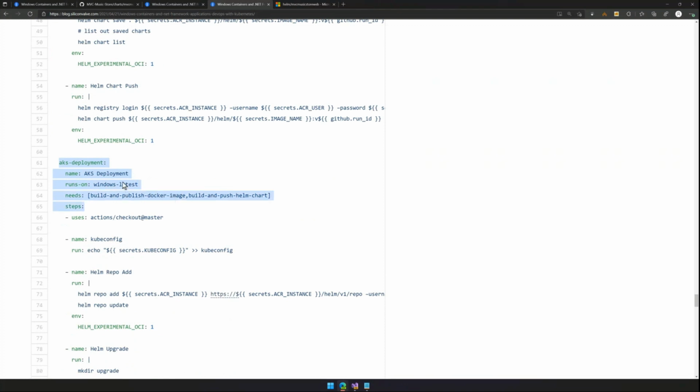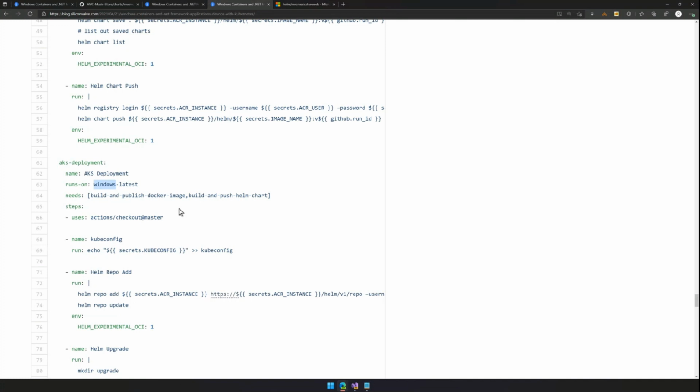So again, we're still using Windows latest, so it's all running on top of Windows latest. These build hosts inside of GitHub are maintained by Microsoft, and we actually publish the tools that are available on these Windows hosts. So in fact, Docker is now a standard part of Windows Server, so you don't even need to install Docker anymore. It's just there, but there are other tools that come out of the box. So Helm is one of the tools that's already installed on these hosts as well, so I don't have to waste any time in my build actually having to customize the build agent.